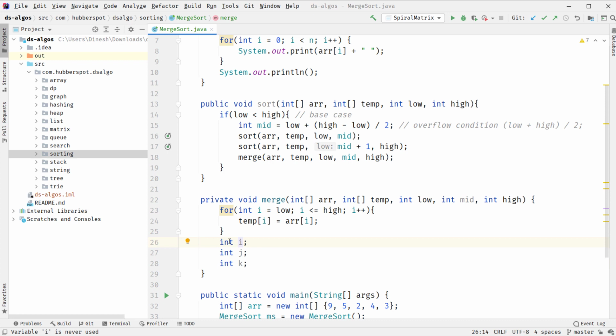So here I will traverse the left sorted subarray, j will traverse the right sorted subarray, and k will merge both arrays into the original array.